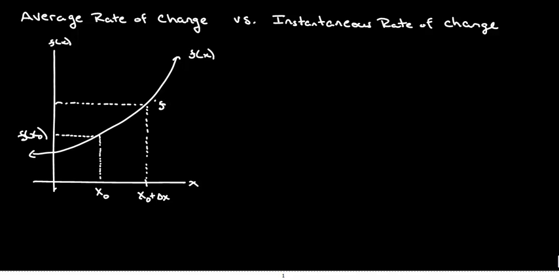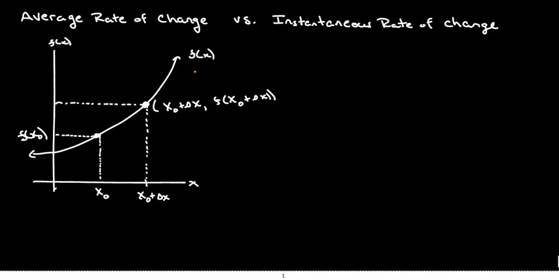This guy is at, I'll write it as an ordered pair for you, x naught plus a little bit, and then the function evaluated at x naught plus a little bit. So that's this point right here, and then we had our original point. Now if I want to know what's the rate of change between these 2 points, that's what we call an average rate of change. So the rate of change between my 2 points